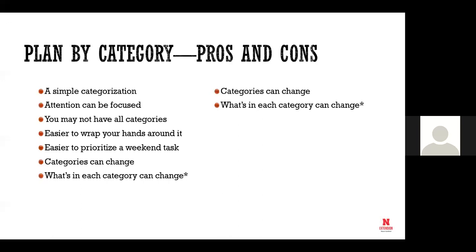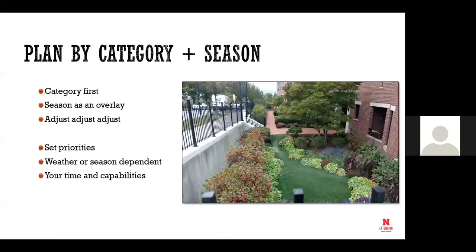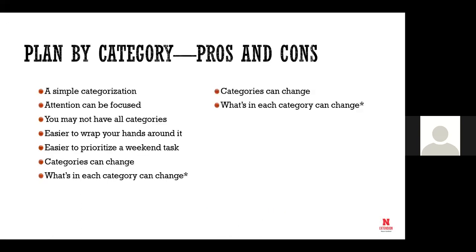So we figured out categories were just how you learn from Master Gardener class. It's turf, it's trees, it's shrubs, it's herbaceous, it's soil, it's water. So just very basic, what you would consider as a category in your landscape. So you have trees or you don't. You have raised beds or you don't. You have turf or you don't. So you can think about those all by themselves.